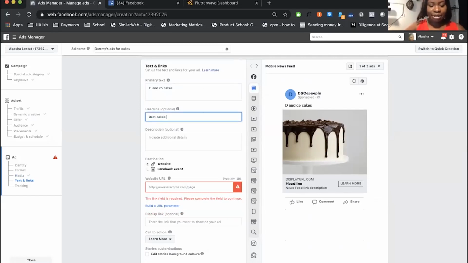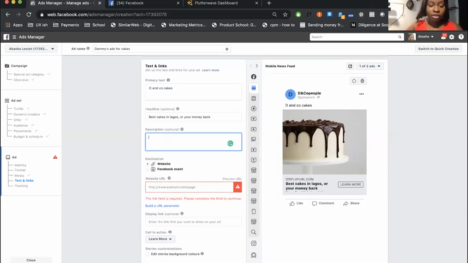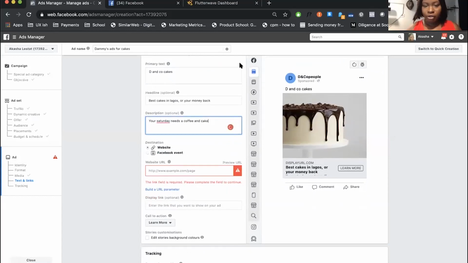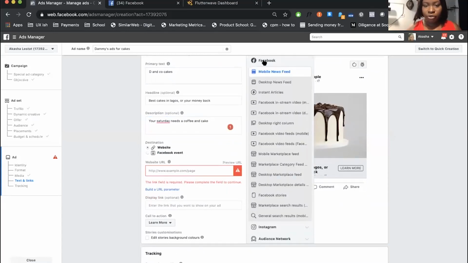Best cakes in Lagos, or your money back. That's exactly what I'm telling people, right? And you can see where that goes, right? And the description, your Saturday needs coffee and cake. That's what I want people to see. Okay. Right. So I'm in mobile here. Let me go into Facebook.